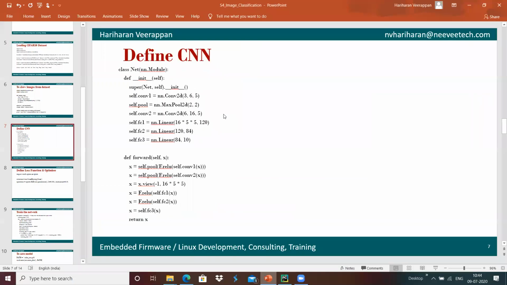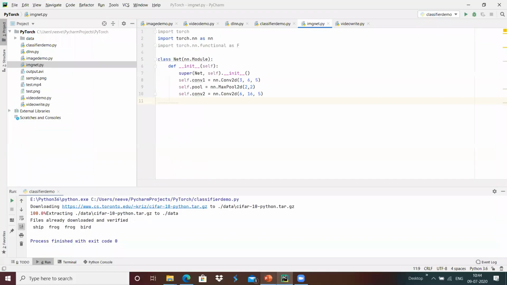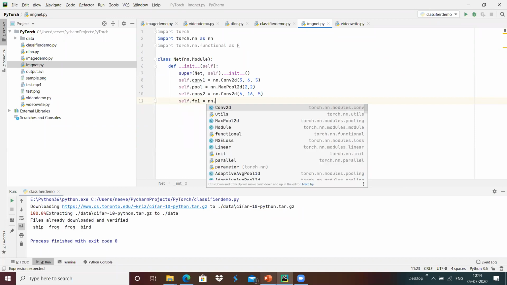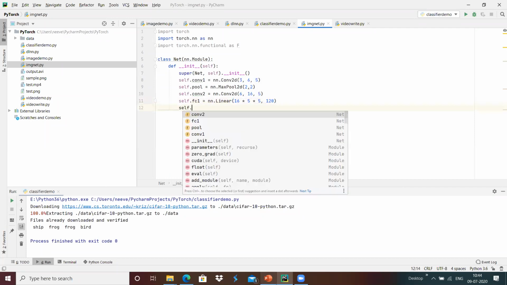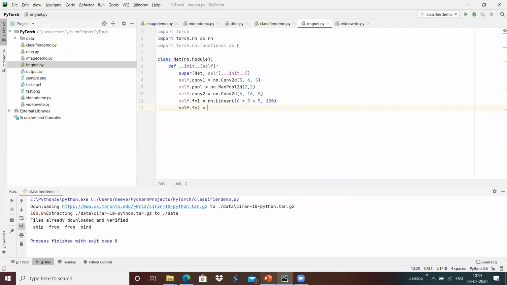Then, the input will be 16 by 5 by 5, for which I'm going to define self.fc1, a linear transformation, with input features 16 * 5 * 5 and output 120. Once that is done, I'm going to define the next linear layer, fc2, with 120 input features and 84 output features.